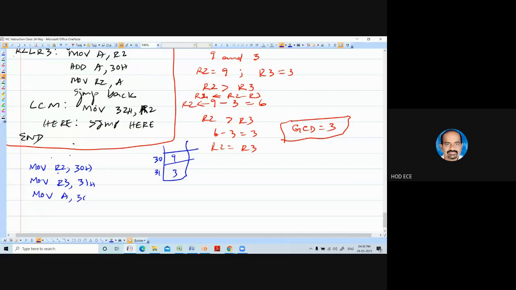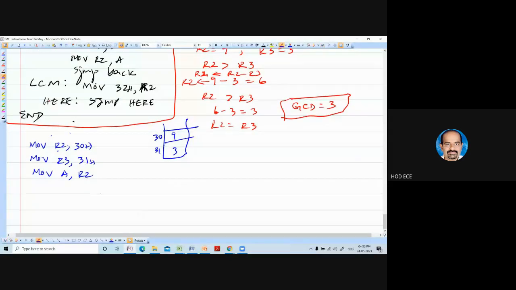Move R2 to A. CJNE A with 03. Next 03 is nothing but R3. You are comparing R2 with R3. If it is equal, SJMP GCD.